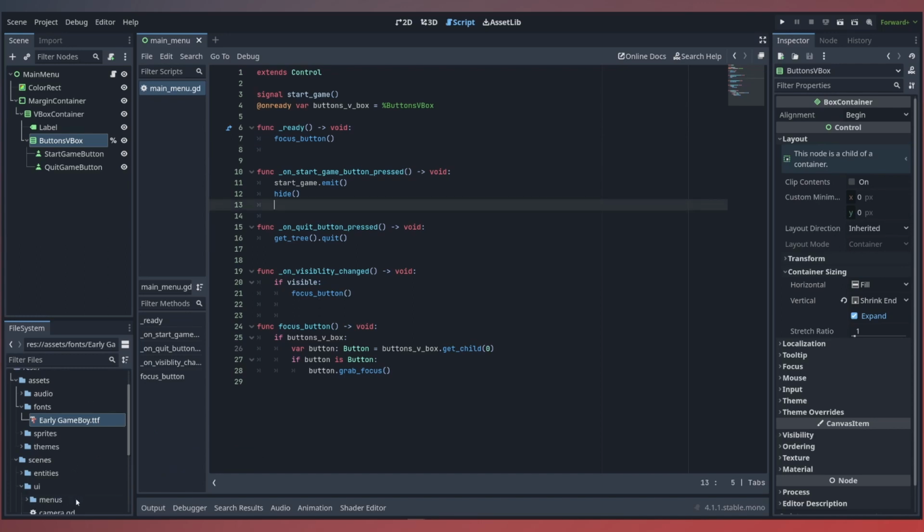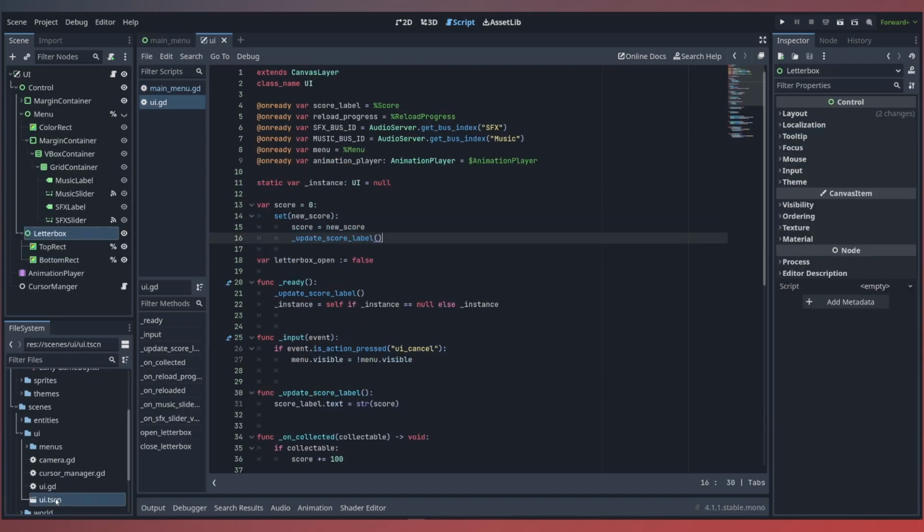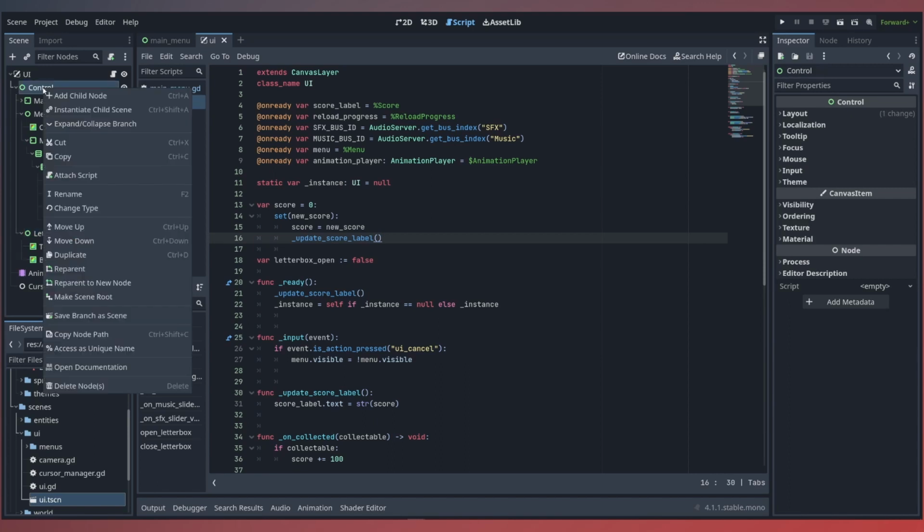Now let's open up our UI scene, and we'll integrate this new main menu into the scene tree. We'll be leveraging our UI script to wrap our expected contract of behavior for when our main menu signals are emitted and the behavior that we expect at the UI layer. For example, when we select our start game from the main menu, we want our UI layer to play a transition, and meanwhile, we want to inform our game scene that we want to populate the world and get the game started from there. So inside our UI scene, we can add our main menu to our control node by